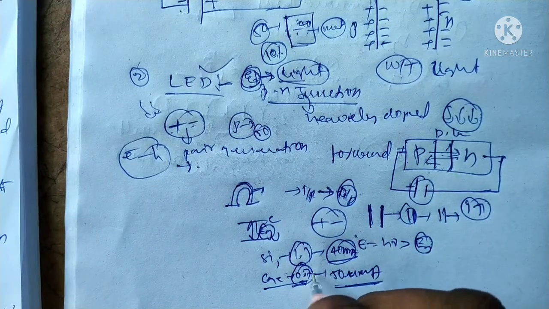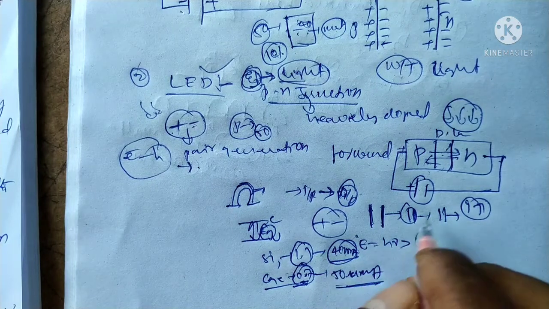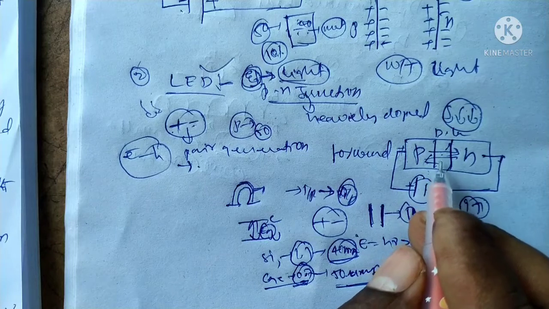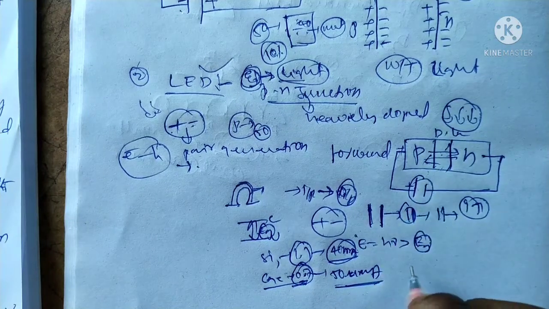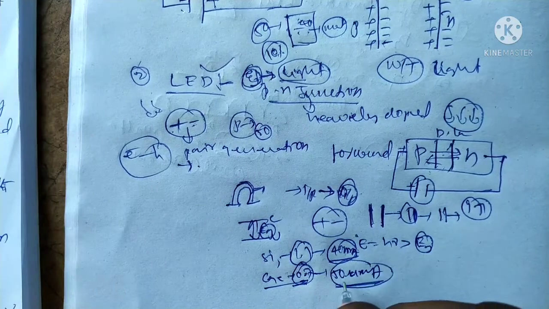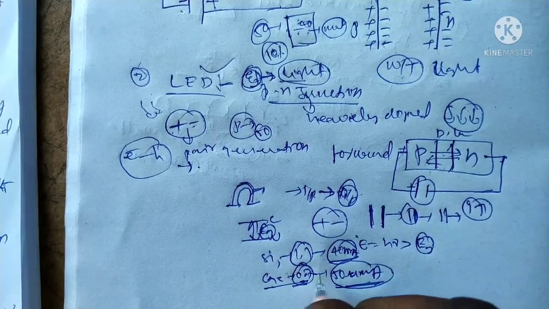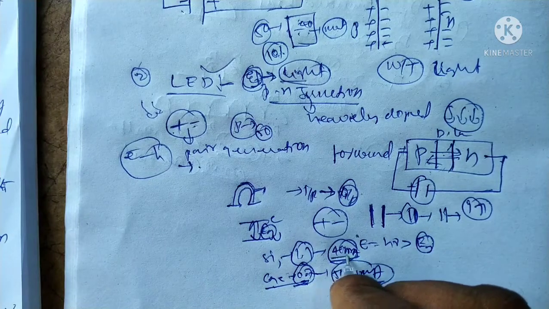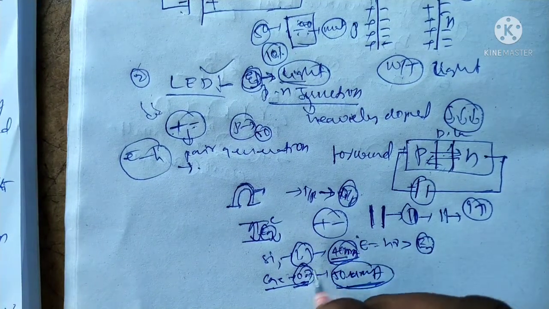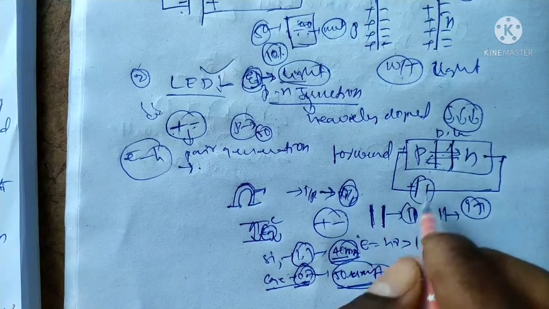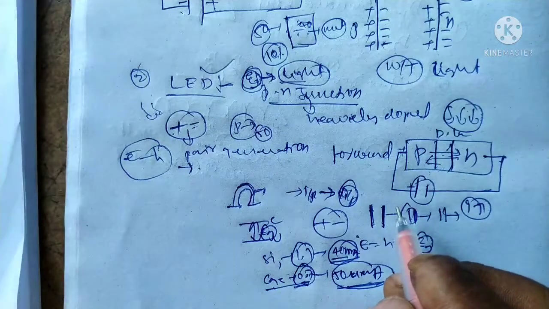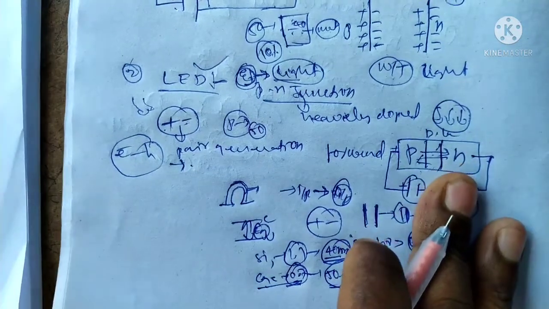When the band gap is low, a large number of electrons are emitted. The flow of electrons is nothing but current. Current appears as 50 microamperes in the case of germanium. In the case of silicon, we get 40 milliamperes. So it depends upon the material, upon the energy band gap.